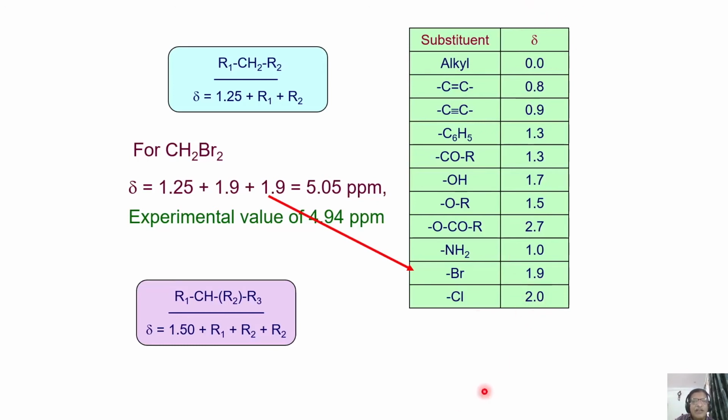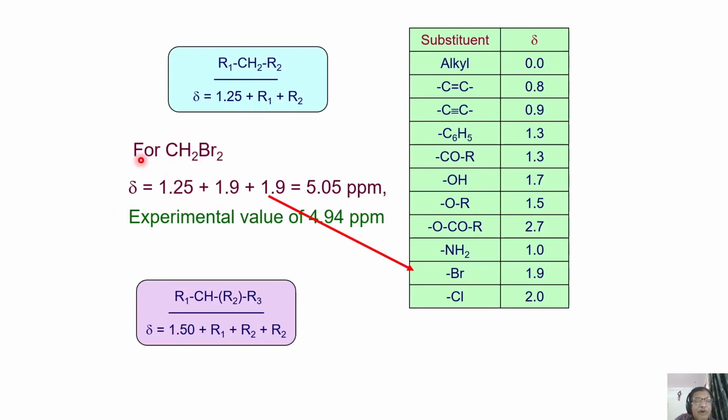This is a lot of work. We should really appreciate the quality of the work they did and how much they have contributed to our understanding. So much work has been done, and they have made a list. If there is a bromine substitution, go into this table. If there is a bromine attached to CH2, you have to add 1.9. If instead of bromine, let us say OH is attached, then you have to add 1.5. Now take the example of CH2Br2. There are two bromines attached.